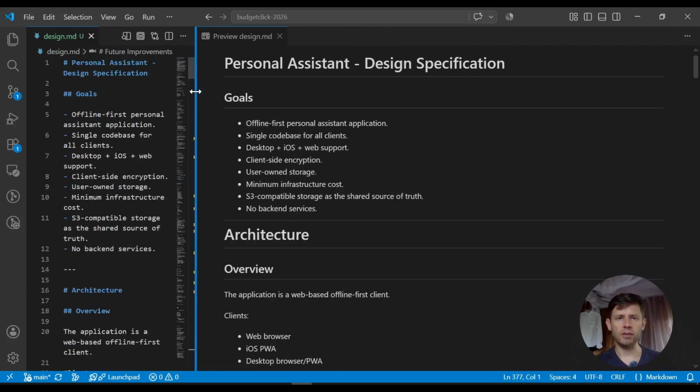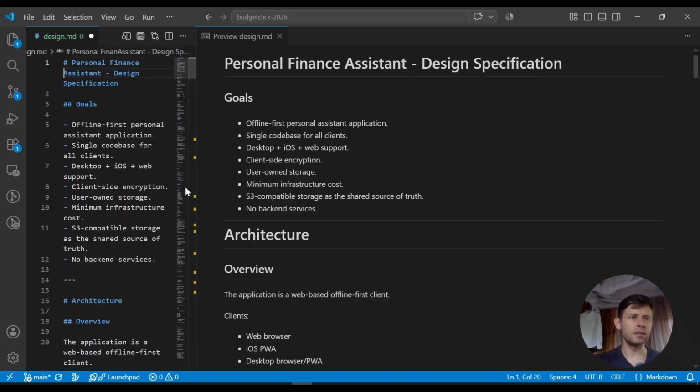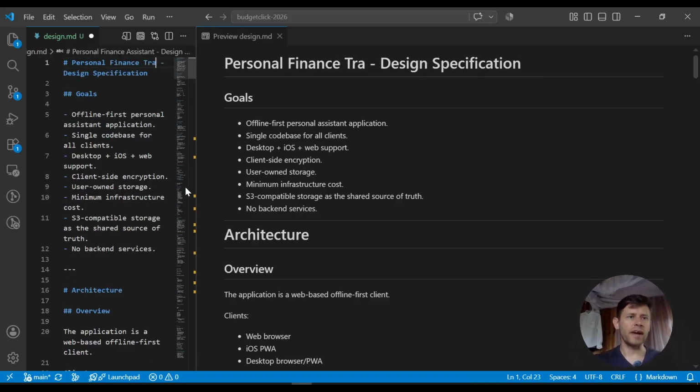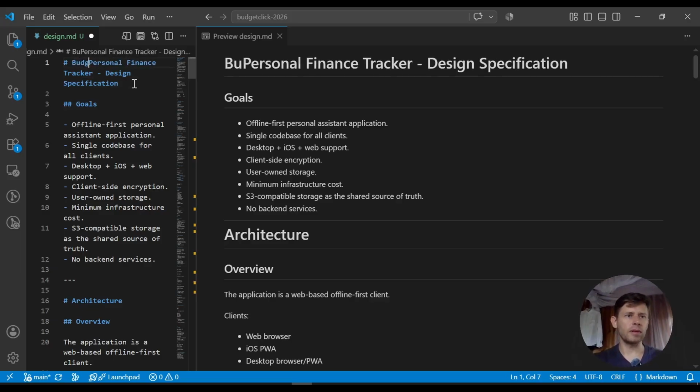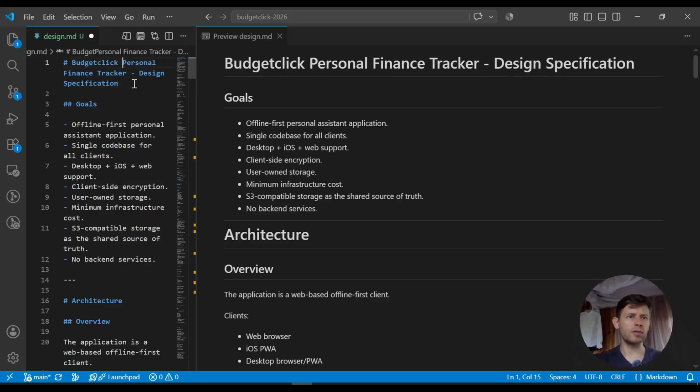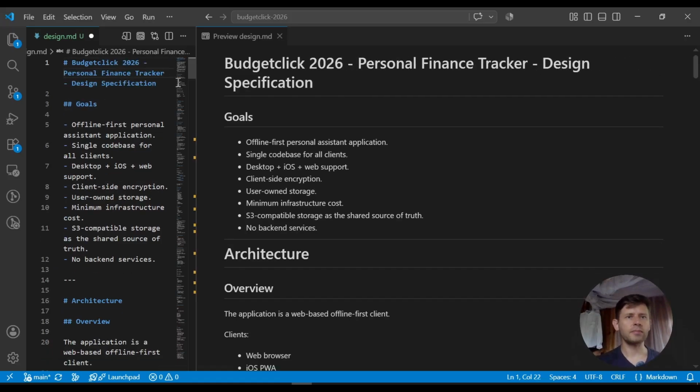Let's have a look. Personal assistant, personal finance tracker, design specifications, budget click 2, okay, 2026. Personal finance tracker, design specifications. Good. Goals: offline first personal assistant application,